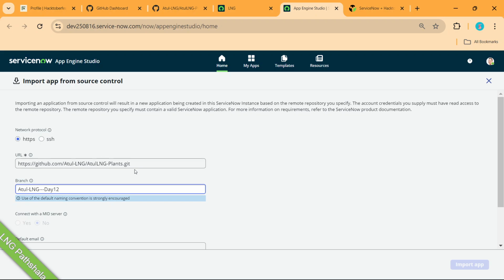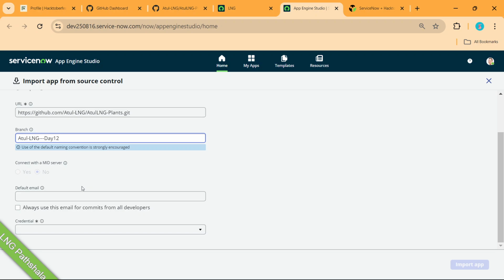Atul-LNG-Day 12. Now the next part is important, because when we do the integration, we are actually doing the integration only. Okay. So now we need a credential.